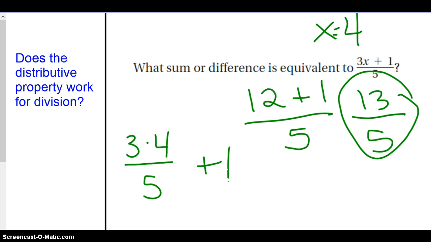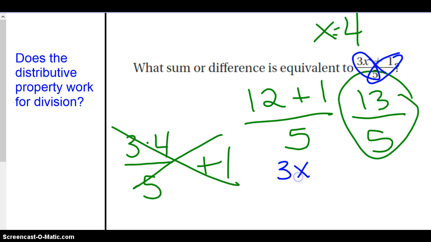Would that work? 12 over 5 plus 1. Nope, that wouldn't be the same as this. So what that means is if I'm dividing by 5, the 5 has to go in everything. So I would do this and I would do that. If I wanted to break it apart, I would have to do 3x over 5